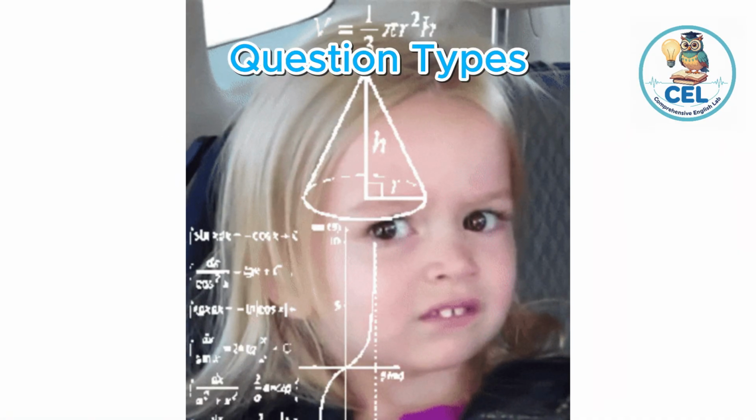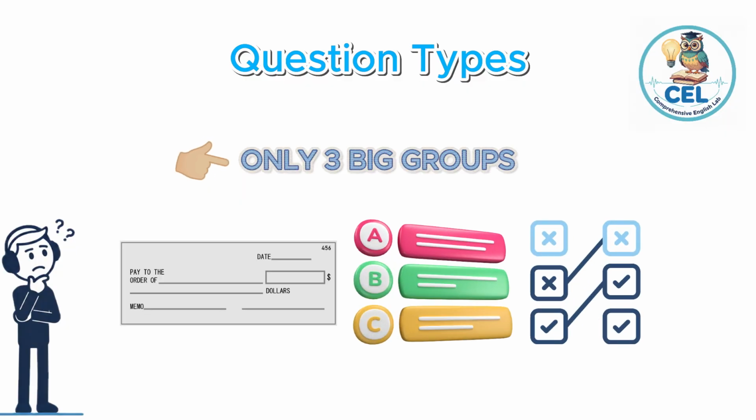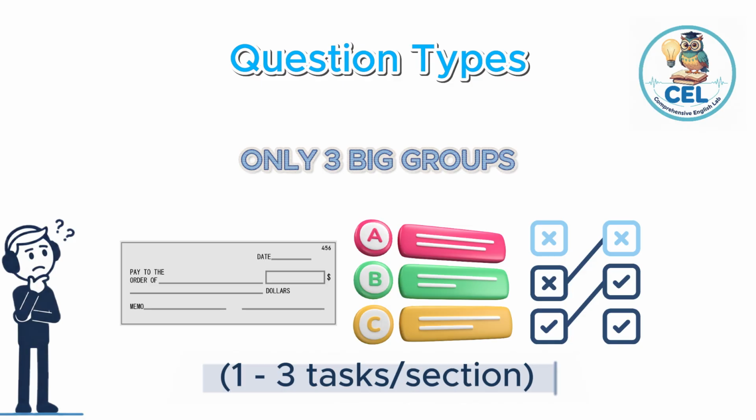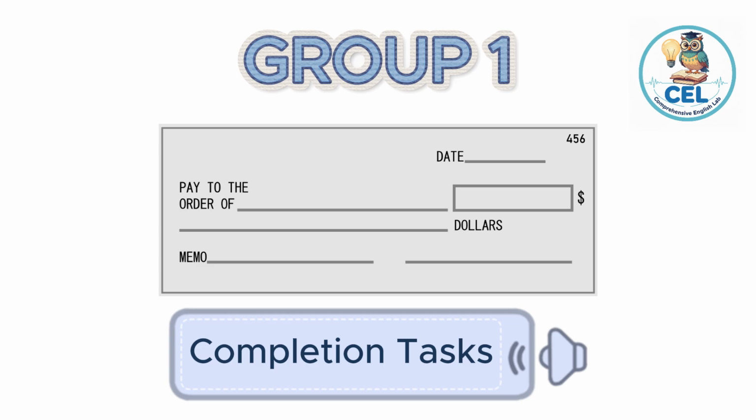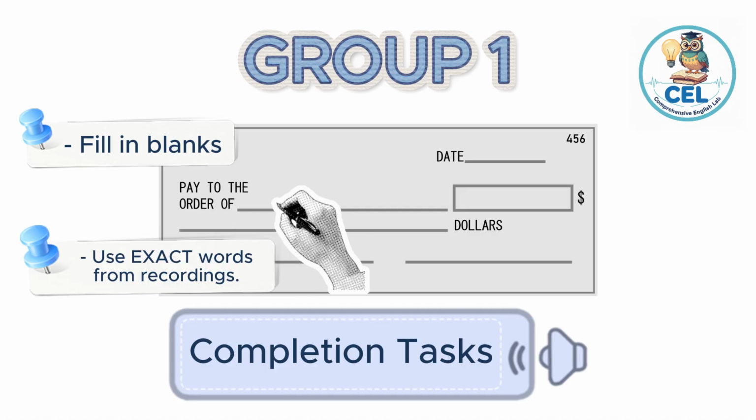IELTS Listening has different question types, but they fit into only 3 big groups. This makes them easy to learn. You usually see 1 to 3 different tasks in each section. Group 1. Completion tasks. Completion tasks ask you to fill in missing words or numbers using exact words from the